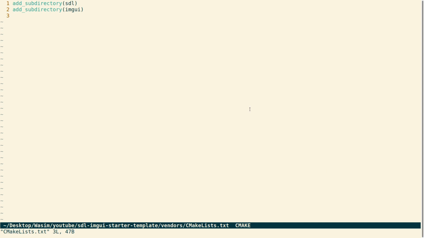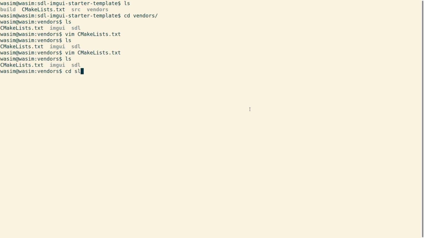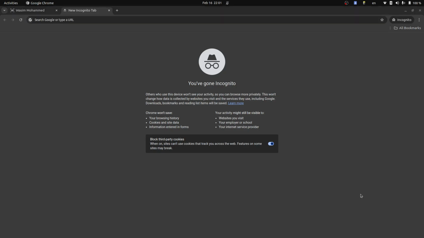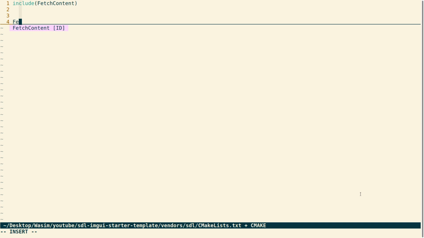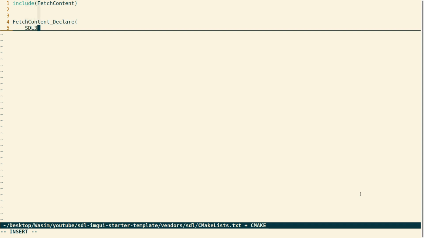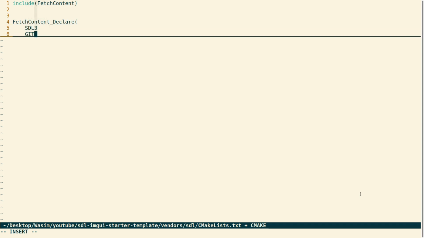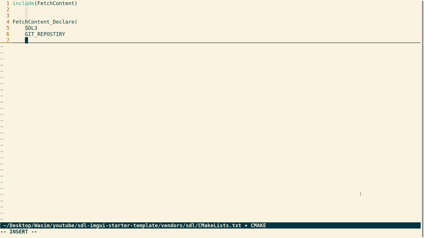Now let's move on to the CMake file of the SDL directory. So I'm going to close that. I'm going to go to SDL and open that up. So now let's fetch SDL using CMake FetchContent. So I'm going to say include FetchContent to include the FetchContent module. I'm going to say FetchContent_Declare to create a declaration. I'm going to give it a name SDL3, say GIT_REPOSITORY and